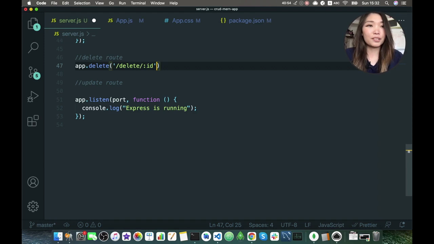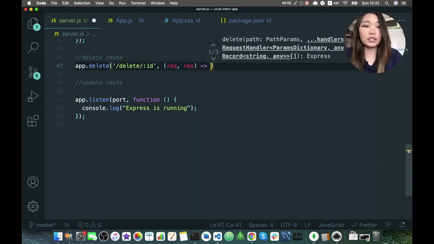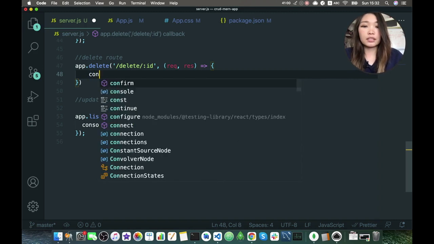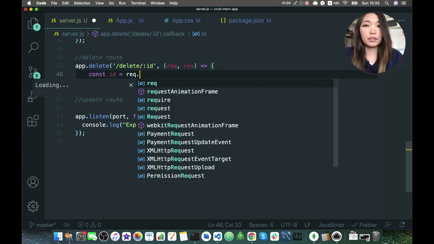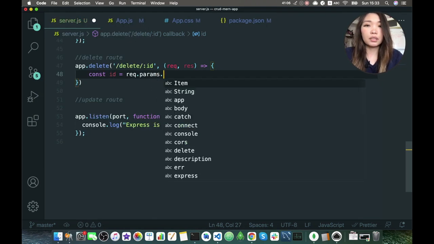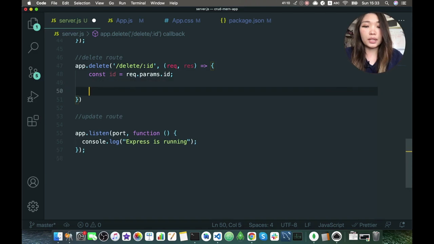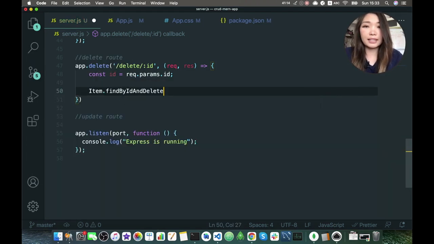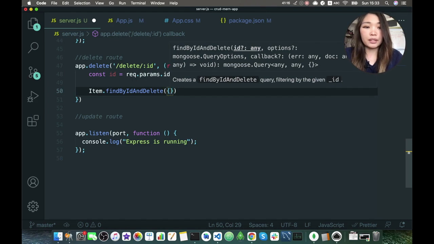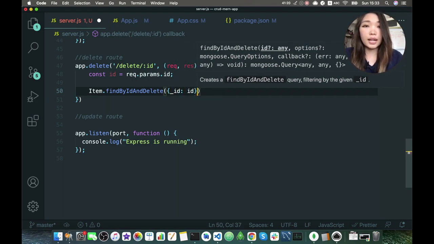We'll have access to the request function, and let's create our ID variable that will be params.id. And now we can call our collection item findByIdAndDelete, where the ID is equal to ID,